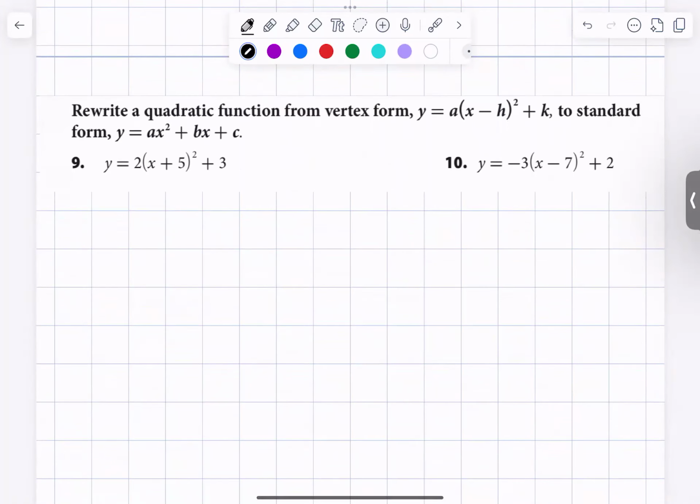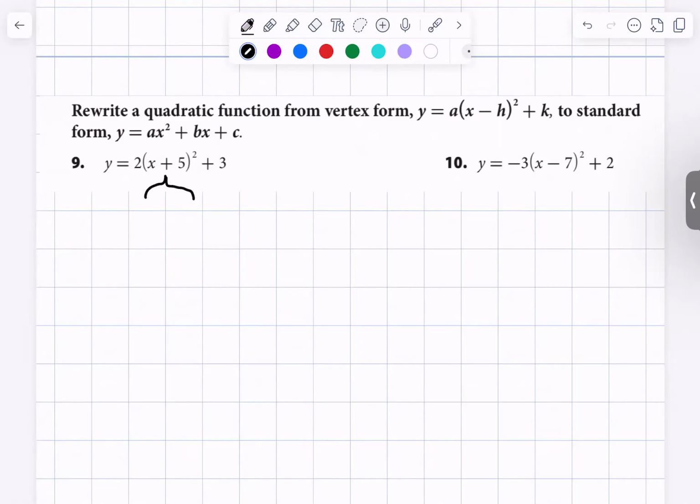Here, we have rewrite a quadratic function from vertex form to standard form. So we know it's a vertex form because this is outside being squared, right? X plus 5 quantity squared. Whenever you see quantity squared, that's in vertex form. So here we're going to expand this out. Okay. You guys remember how to expand that out without actually multiplying